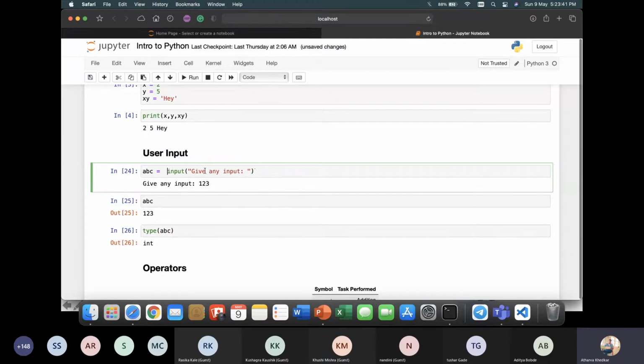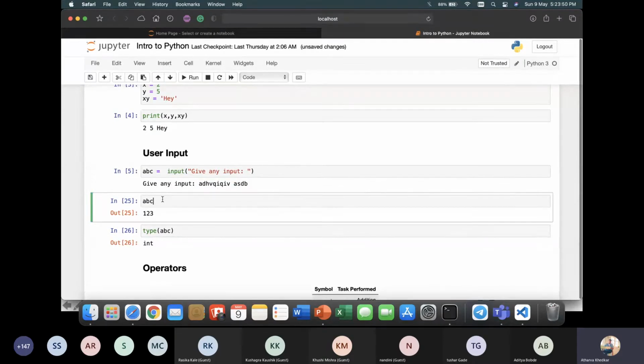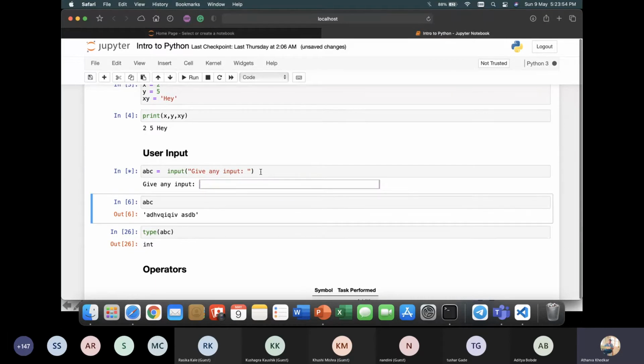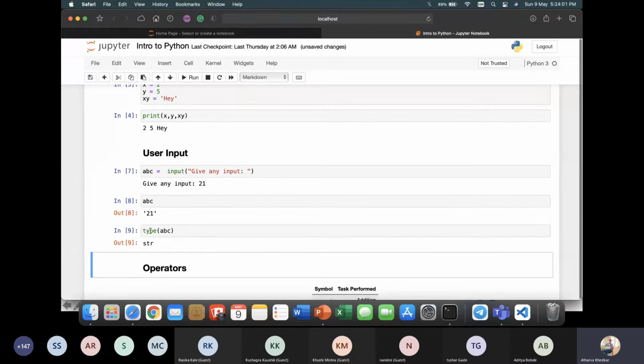Only input, what it will do is it can take any input and it will just consider it as a string. So you can see this ABC, it's considered a string. Even if you give an integer, this integer would be considered as a string, and you can use type to check it.